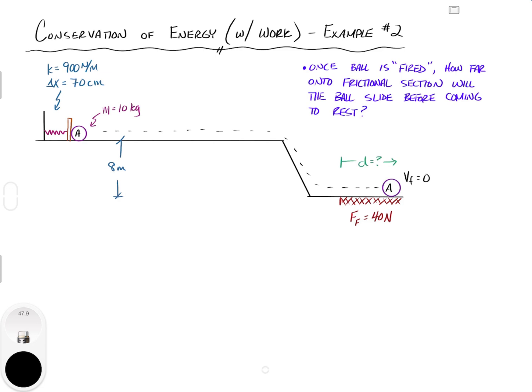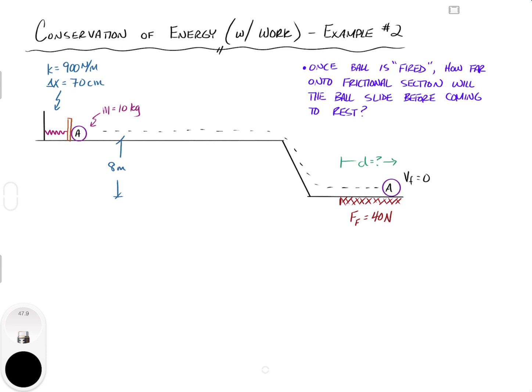That ball is going to fly forward, it's going to move down that hill, and then it's going to roll onto a frictional section. And we're told that the frictional force that will act on that object is 40 newtons. And the question we're looking for is, once it's fired and it rolls all the way down that hill, and it's then on the frictional section, how far onto that frictional section will it roll before friction takes all of